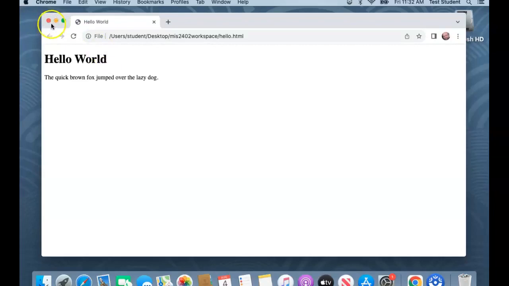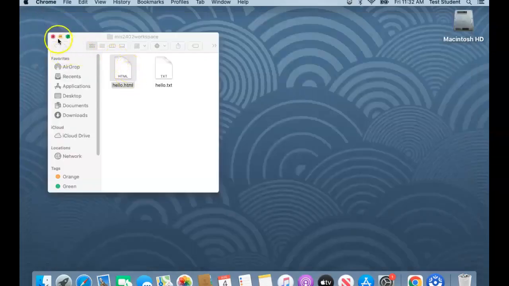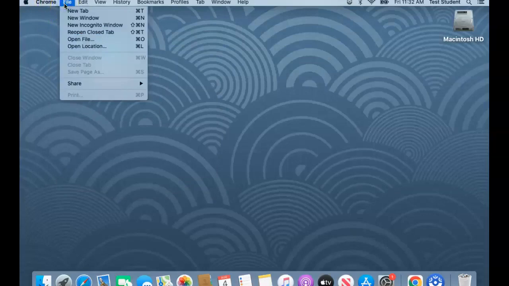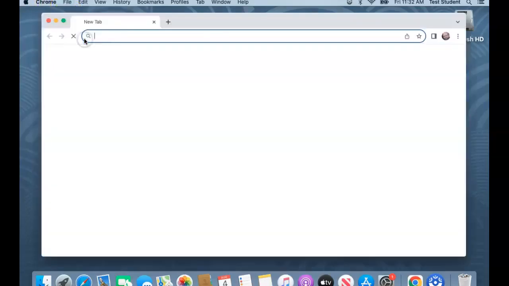I found that I could force Chrome to open up a particular file by, I closed out of my browser, closed out of my full Finder window here, but I'm still in Chrome. I could go to File, Open File,